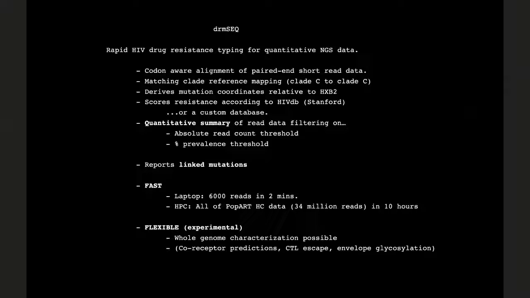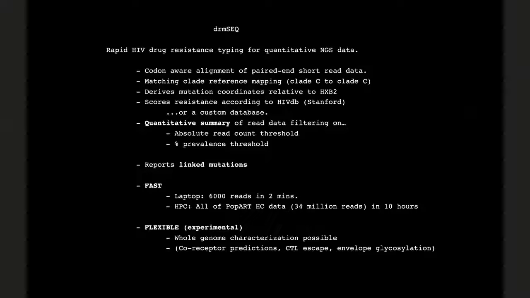So we prefer to do this with a codon-aware alignment of the short read data. A lot of the pipelines that are out there are working with clade B as a reference for mapping, and we figured that most of the virus that we're working with is clade C, and trying to map a sequence to a mismatched clade could cause all sorts of problems, particularly with inserts and deletions. So we've developed a protocol